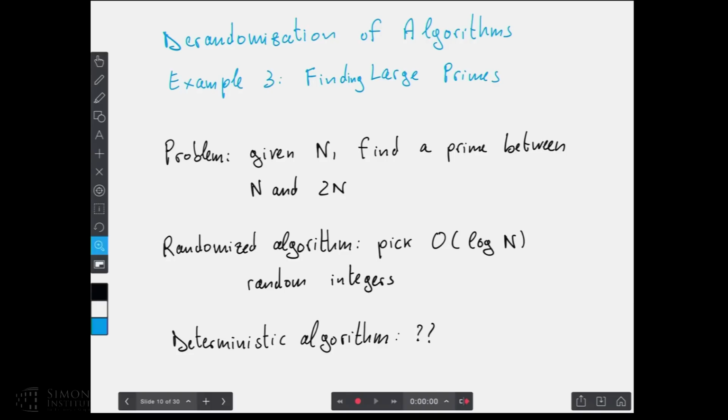So can we have a sub-exponential algorithm? Here, log n is the size of the input, so this is a polynomial time algorithm. Can we get a sub-exponential in log n algorithm for this problem? That's a big open problem. Interestingly, there was recently a non-trivial result about this problem, but it goes in the complementary direction of what we